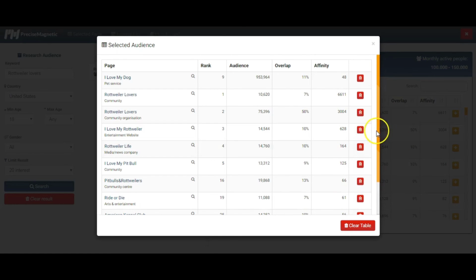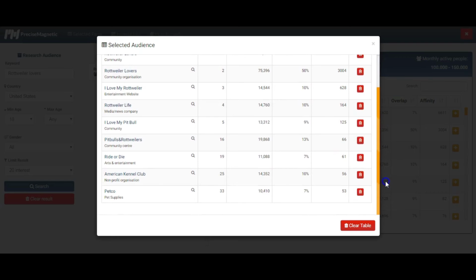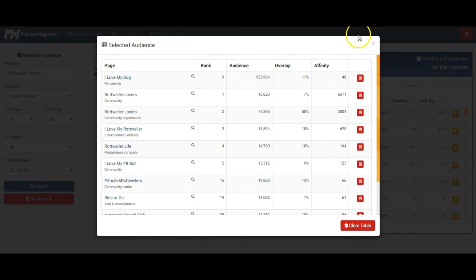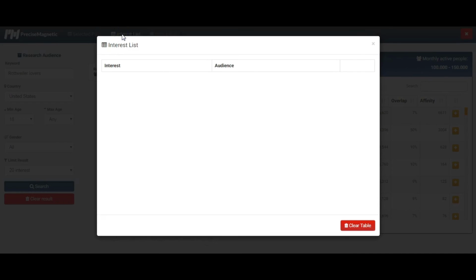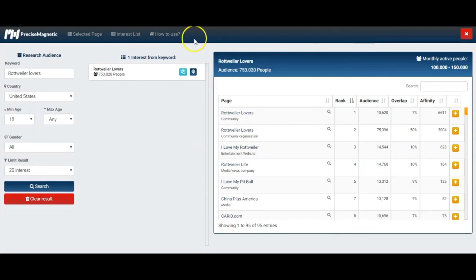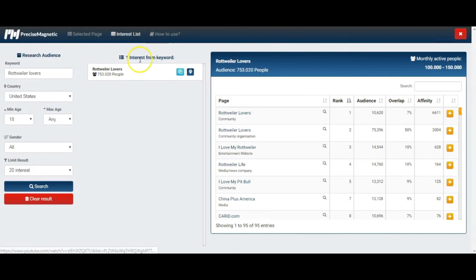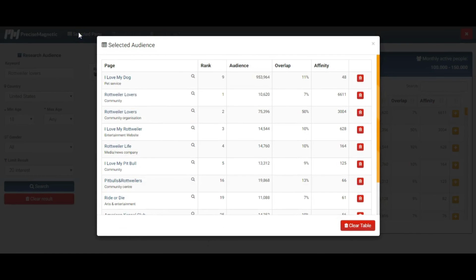And so here we have a table of all the information, the selected audience, and let's have a look at our interest list, which we don't have any at this stage. And what we have now is the selected pages, which is great. All of that information